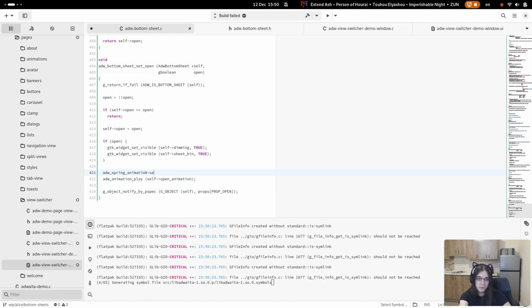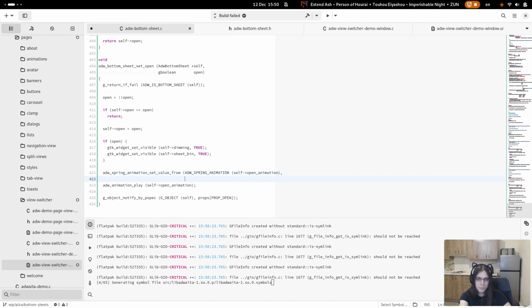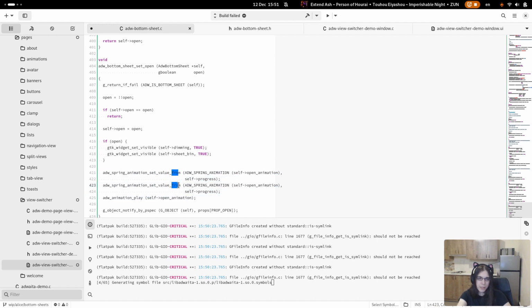Spring animation from animation. We start with the current progress anyway, but the end value will depend on what we're doing. If we're opening, we set it to 1, otherwise 0.